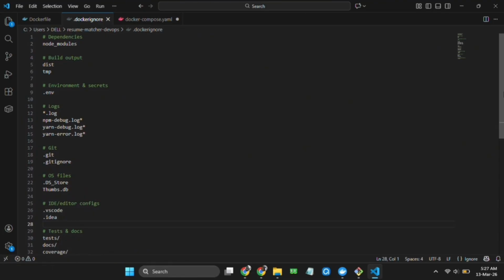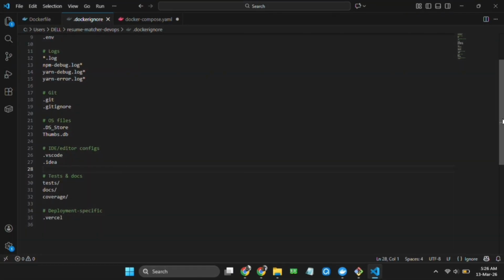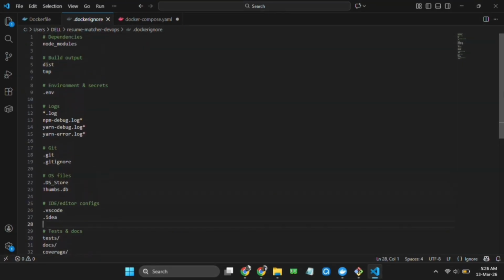node_modules. This excludes node_modules because dependencies are installed inside the container, that is npm ci, not copied from my local machine. This prevents bloating the image with host-specific modules. Node modules are ignored because they include host-specific modules, which are required to run on a local machine or my system. We are containerizing the application, so we don't need those dependencies that are required for running on the local machine. This prevents bloating the image or increasing the image size.